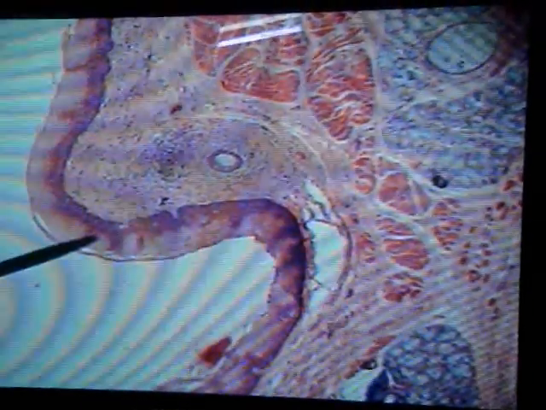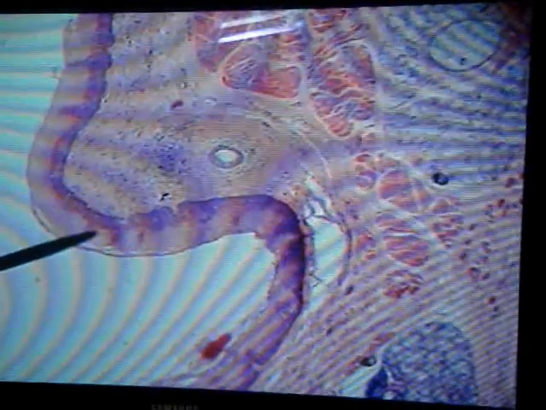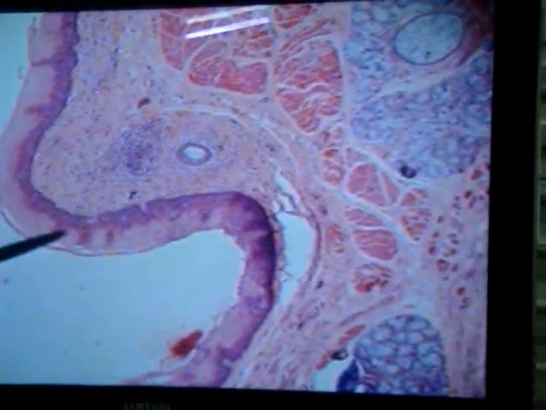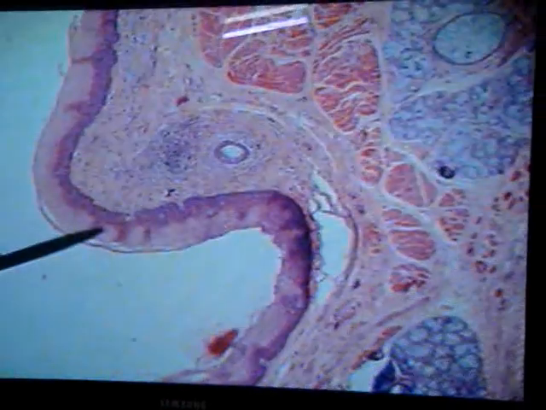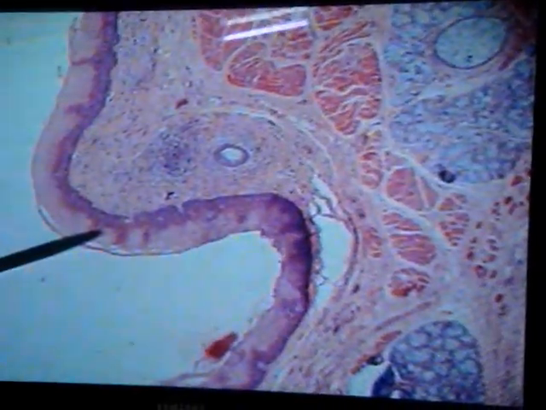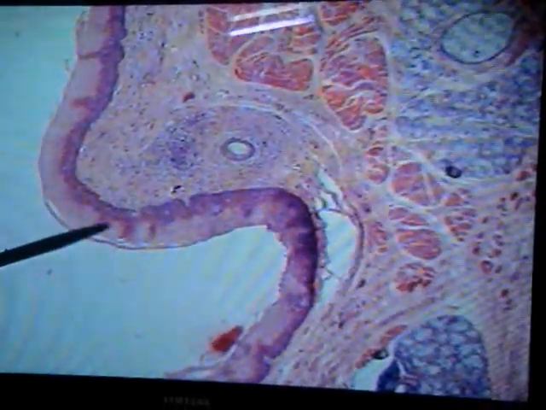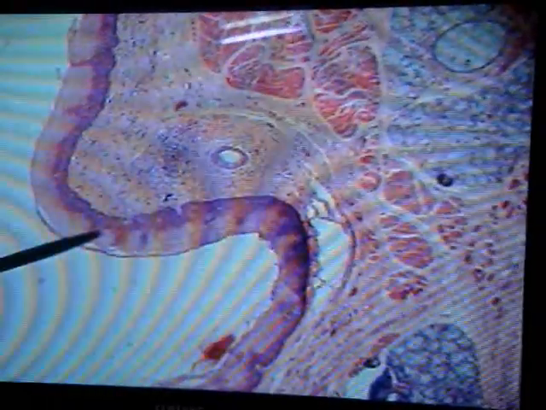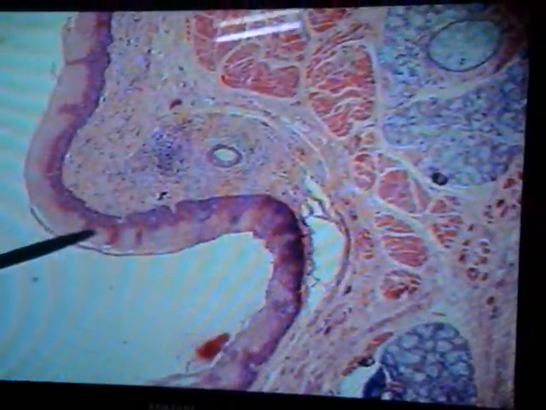Then you have a layer of muscle. What is that muscle layer known as? Muscularis externa. And then the outer covering. What is the name of the outer covering? It is adventitia or the serosa. What's the difference? Serosa is the region where there is a lining of peritoneum. If there is no peritoneum covering that area, that is referred to as adventitia. Okay? So we go from the luminal aspect to the exterior.